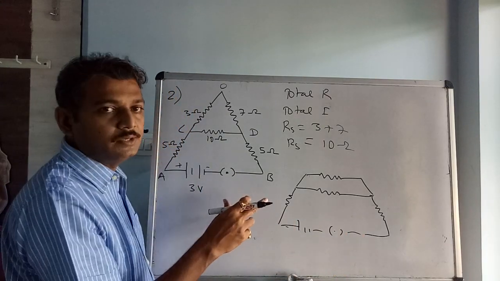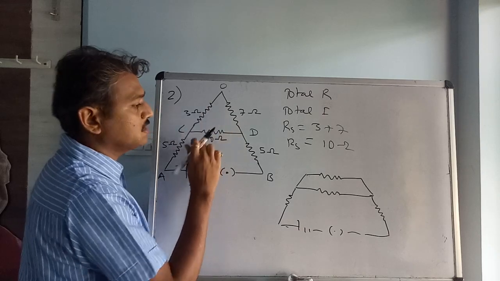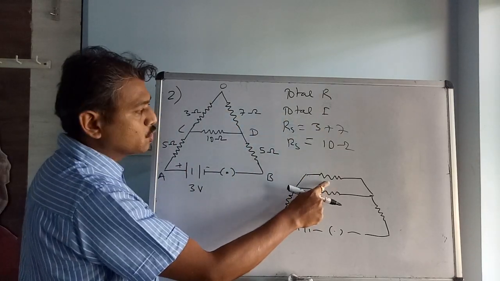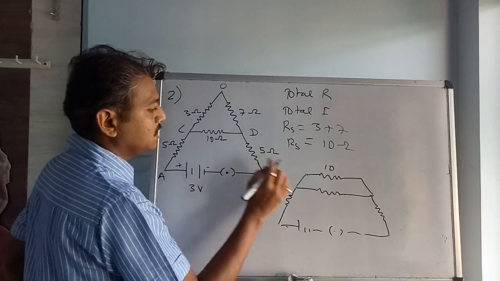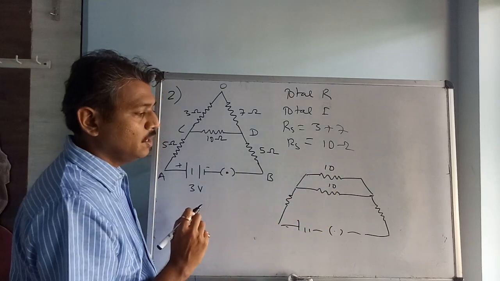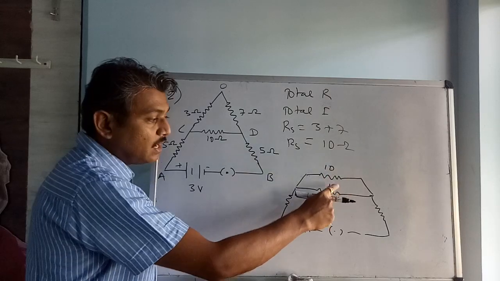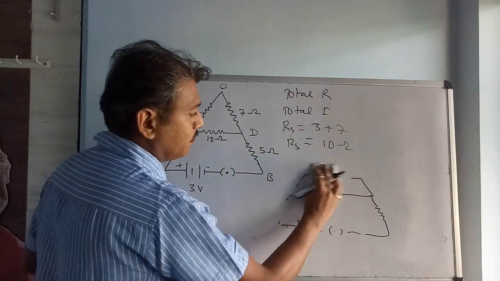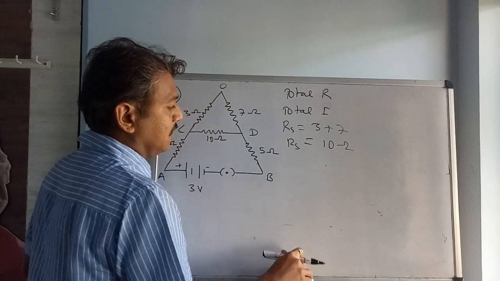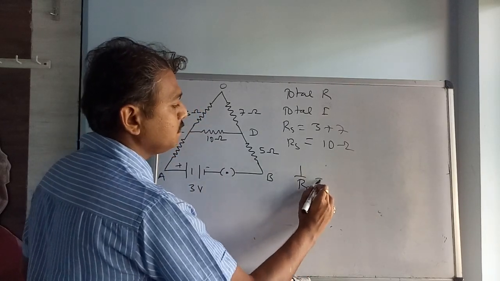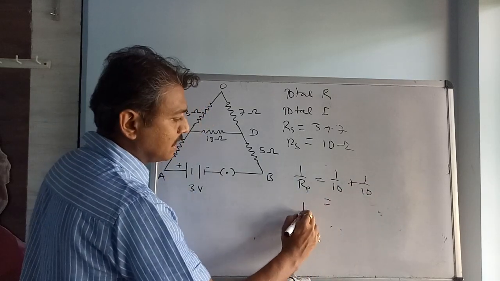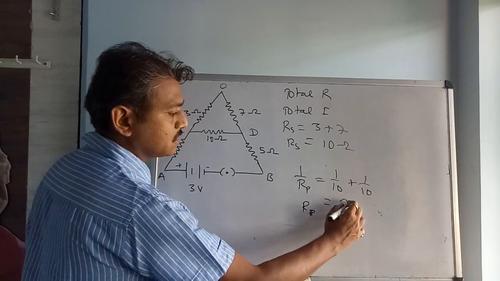Can you imagine what I did? These two resistances combined as we calculate, and we got 1. So now this is 10, this is also 10. So now these two resistances are now in parallel with each other. So further you will calculate this as 1 upon Rp is equal to 1 upon 10 plus 1 upon 10. You will get one answer here. Rp is equal to whatever x, y.